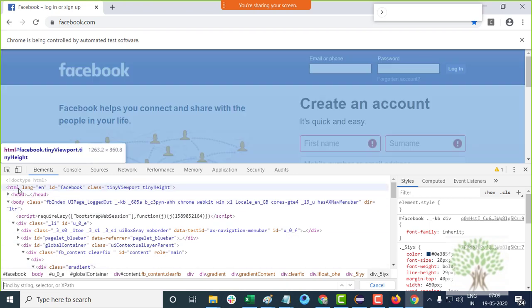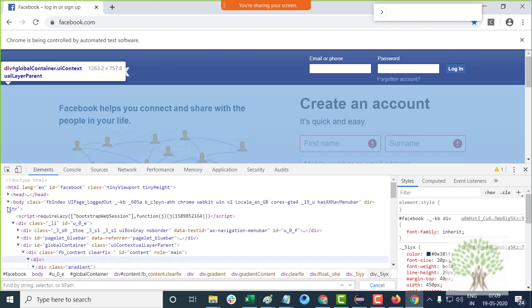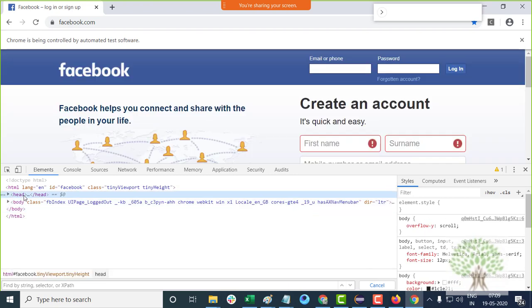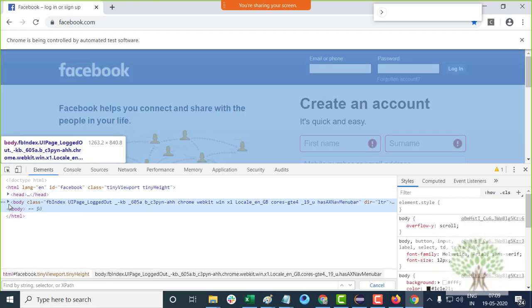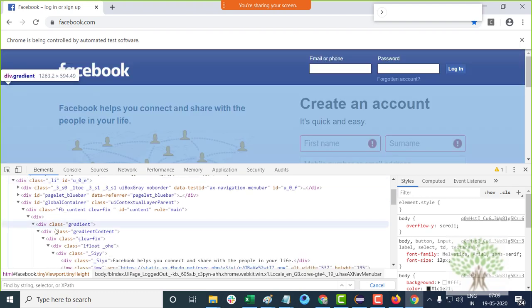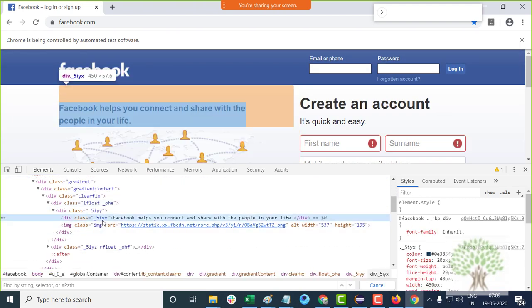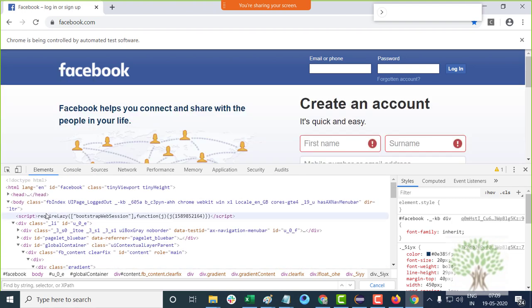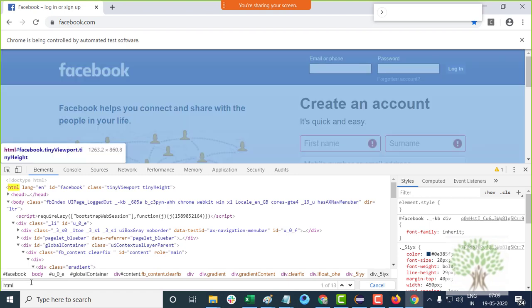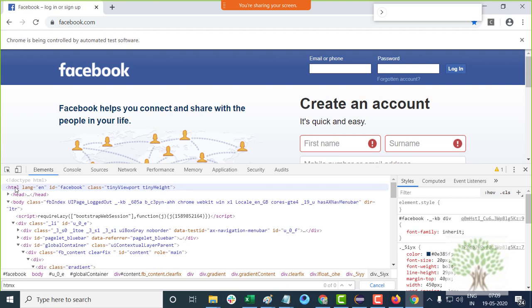For example, the starting tag is HTML. Inside HTML I have head and body tag, and inside the body tag somewhere I have this division tag which represents the text. If I write over here the first tag in the web page, the root tag, which is HTML, then this tag will be highlighted. If I make some mistake, nothing will get highlighted.